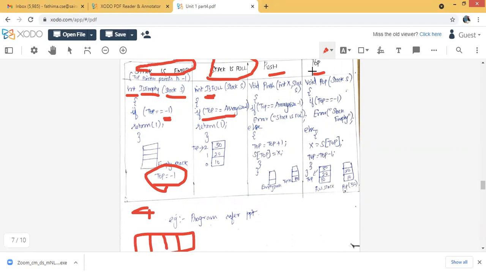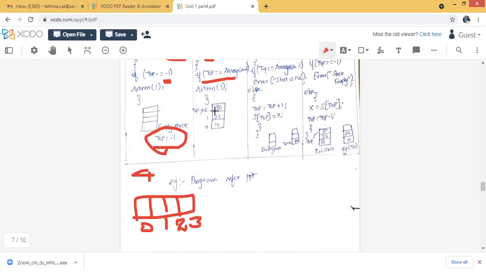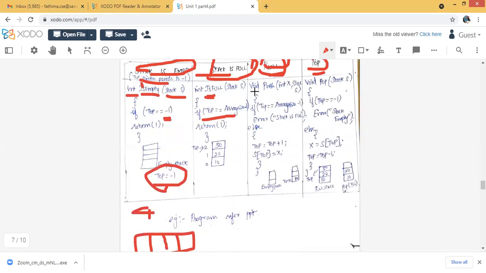So when will we consider these conditions, whether I want to push or pop? If you want to push, you have to check whether the stack is full or not. Otherwise, no issues, we will push that element, right? If you want to pop any element, I have to check whether any data is available or not. So whenever I want a pop operation, I have to check whether the stack is empty, and whenever I want a push operation, I have to check whether the stack is full or not.